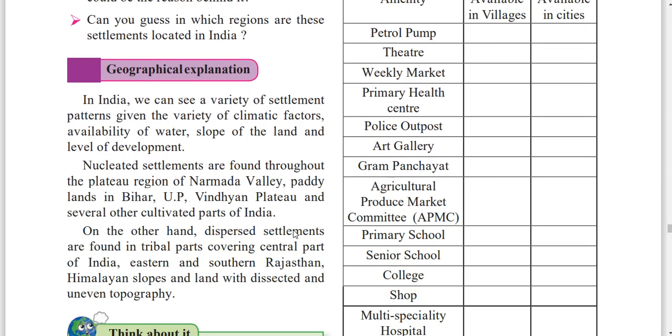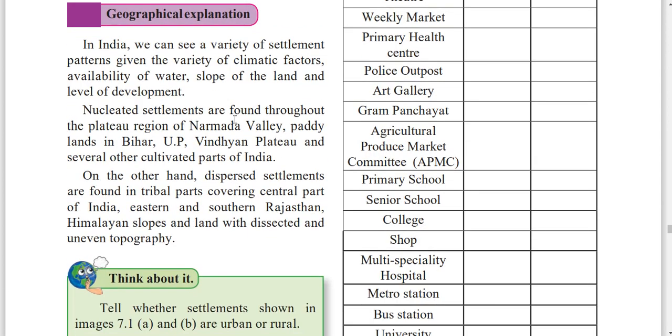Geographical explanation. In India, we can see a variety of settlement patterns given the variety of climate factors, availability of water, slope of the land, and level of development. Nucleated settlements are found throughout the plateau region of Narmada Valley, paddy lands in Bihar, UP, Vindhya Plateau, and several other cultivated parts of India. On the other hand, dispersed settlements are found in tribal parts covering central part of India, eastern and southern Rajasthan, Himalayan slopes, and land with dissected and uneven